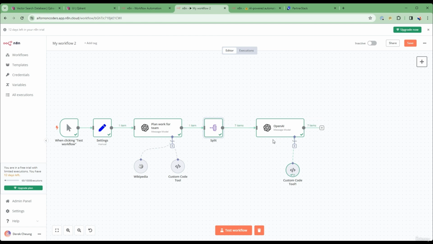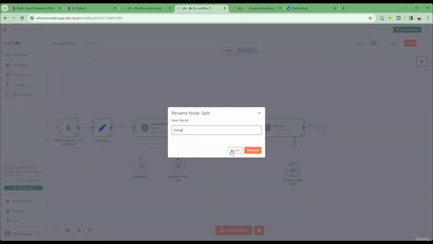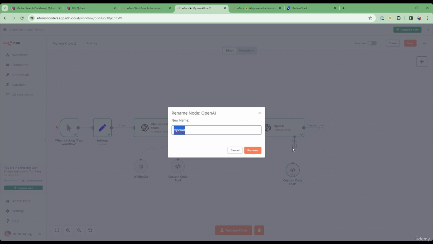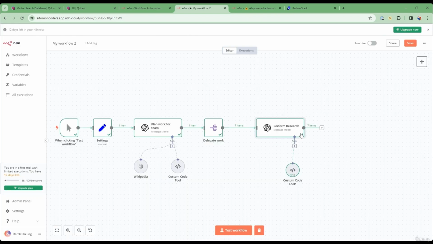All right, so just a quick recap. So what we've done so far is we now have the senior analysts plan the work, then for each of the sections that it's created prompts for individual analysts, we split them out. So I'll just rename this split here as a delegate node, delegate work. And then here, each of the research agents will perform research. All right, so it's going to split out into all different sections, performing the research, and then now the next node